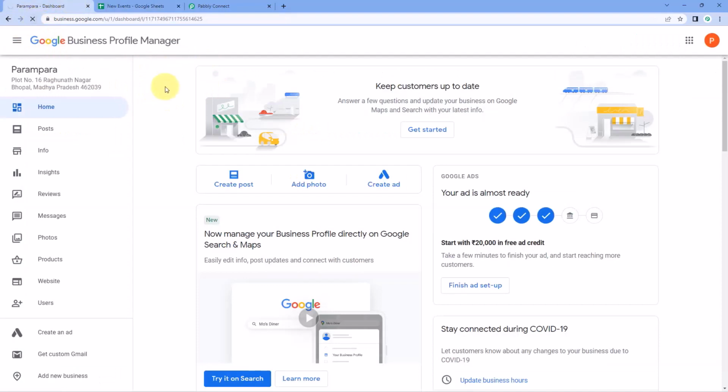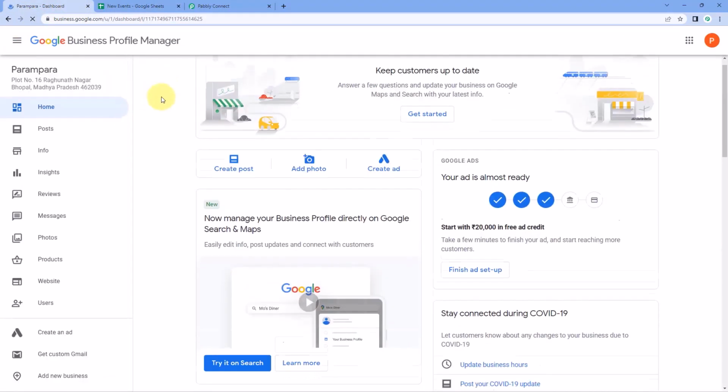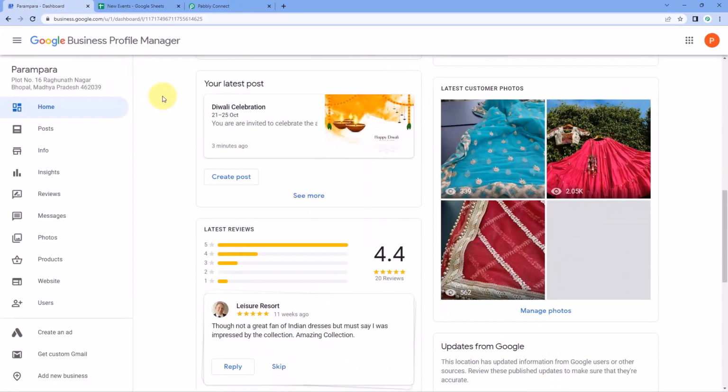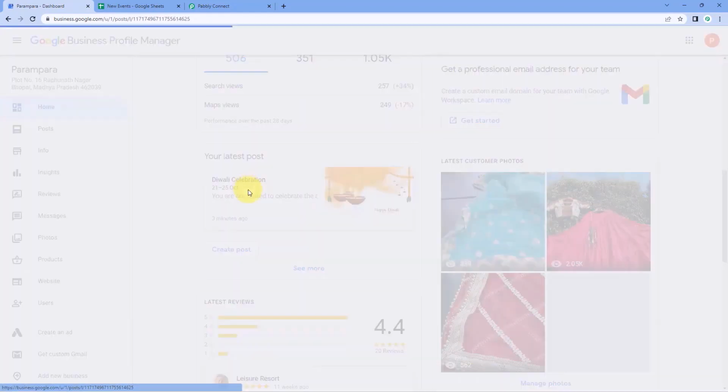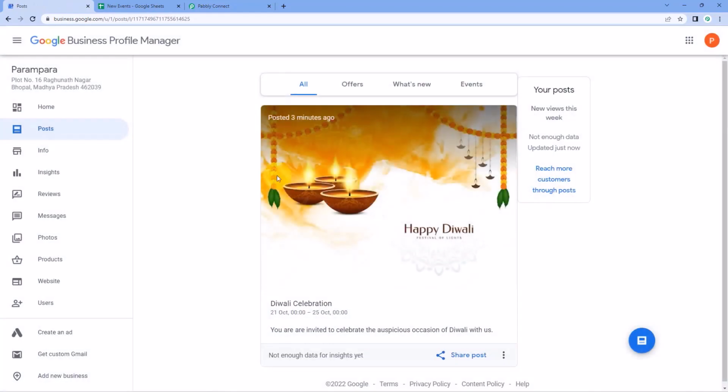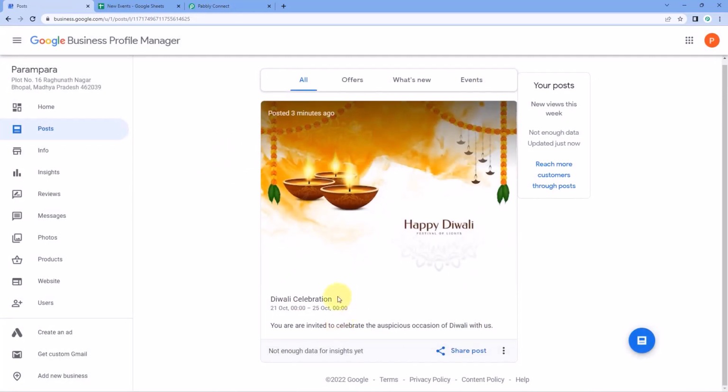We will just refresh our home page once. And then we'll go to post section. And yes guys, here you can see that a new post is being shared on our Google My Business account. Let's have a look on this post. And yes, this is the same post. We have the same post title, same event title, Diwali celebration. We have the same description and we have the same start date and end date of this event which we